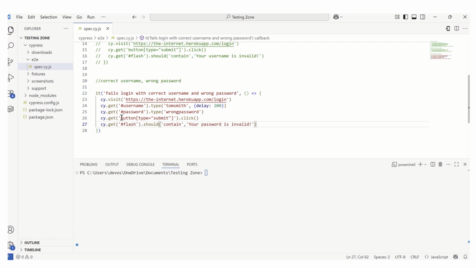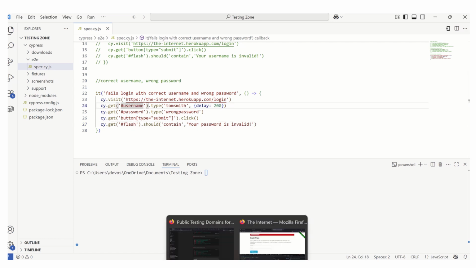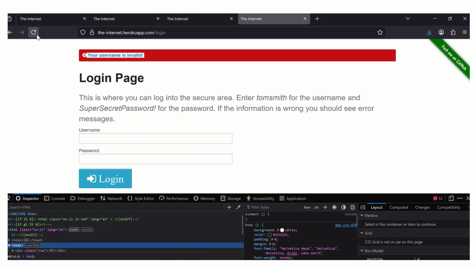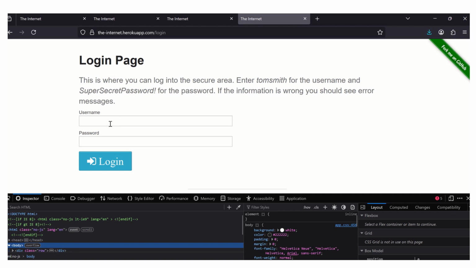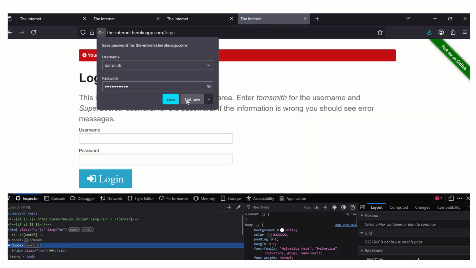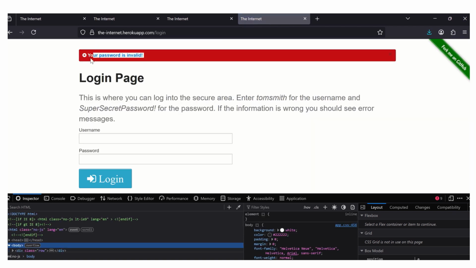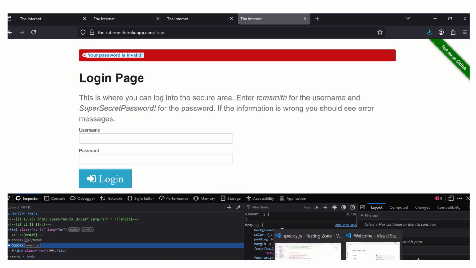Of course, if I go to the browser, let me refresh this. I will put in the correct username, but I'm going to type a wrong password and then I hit enter. I expect this to give us the message: your password is invalid. So if we go back to the test